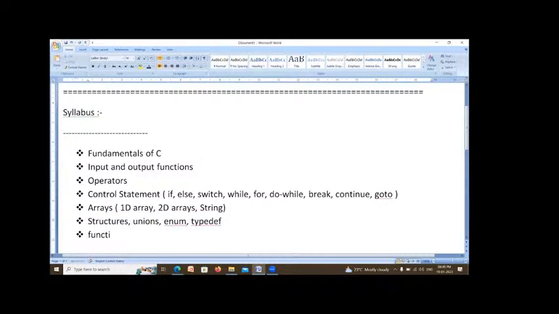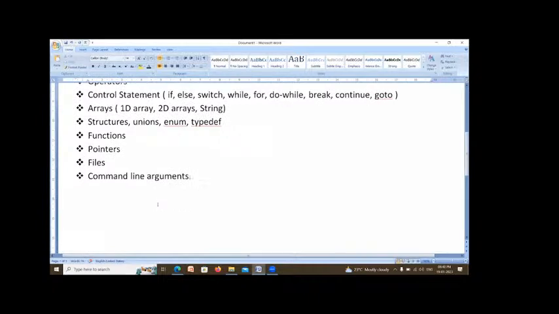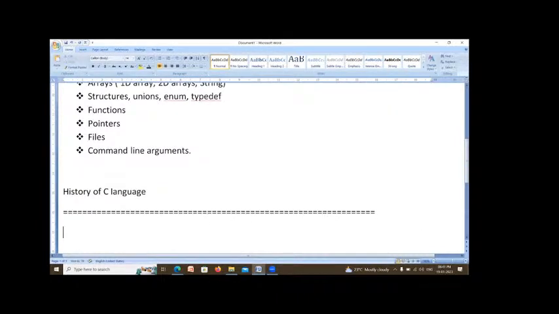Then functions, pointers, files, and command line arguments. These are the topics I am going to explain. Today I will explain the history of C language.